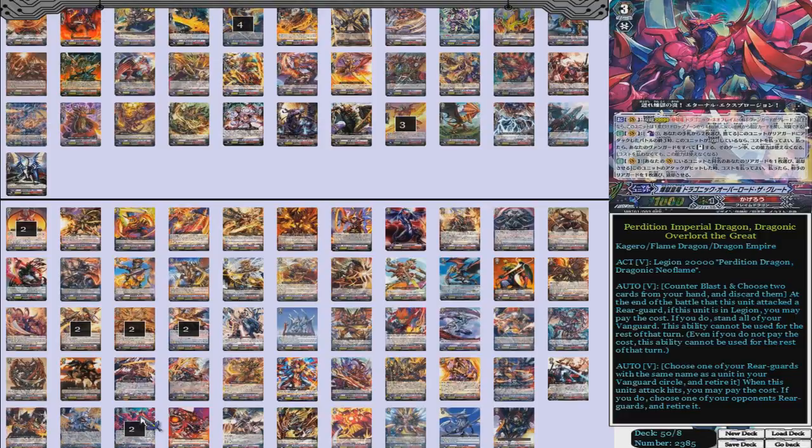Yeah. And your other thing is you get to choose one of your rear guards with the same name as a unit in Vanguard Circle and retire it. And if you hit, you may pay the cost. And if you do, choose one of your opponent's rear guards and retire. So let's say I have Great Legion and I have another Great on the field. Retire the Great, kill off their grade 2 in the front row that's going to intercept, and that could be a...